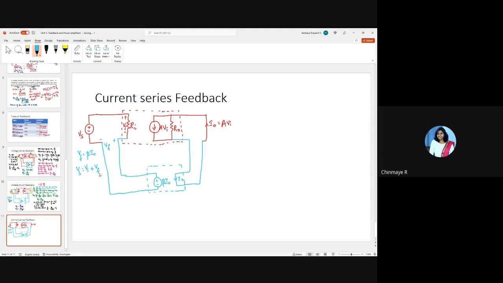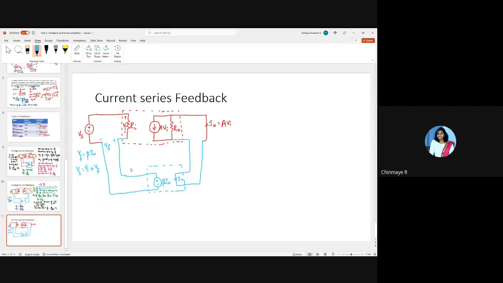Is this clear so far? So this is a transconductance amplifier where the input is voltage, output is current. So we always sample the output voltage in parallel. Similarly, we sample the output current in series. So that's how I have sampled it here. We have sampled that in series. So while feeding back, we're feeding back voltage. So therefore, that is also fed back in series. So here, both on the output as well as the input side, we have series.